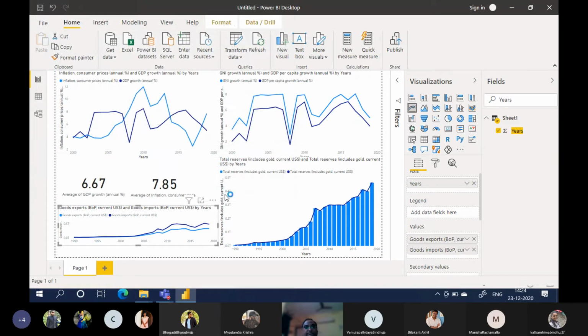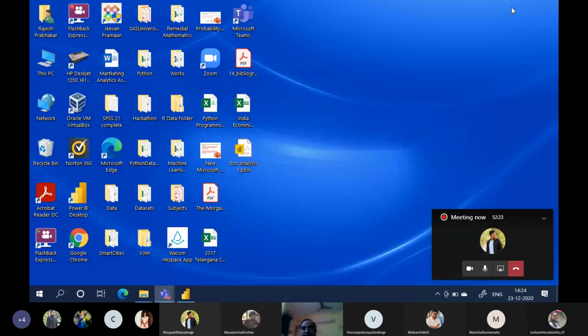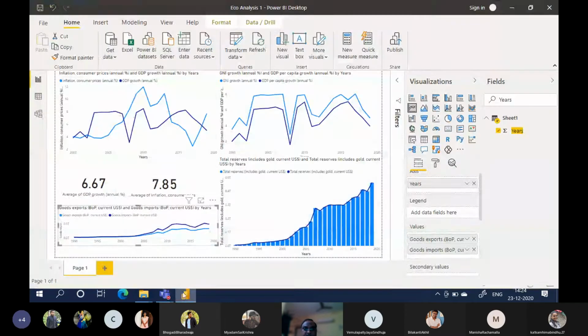Saving on save. No need. So let us see. See, it has created a Power BI saving.